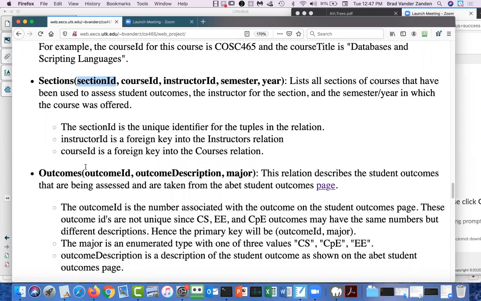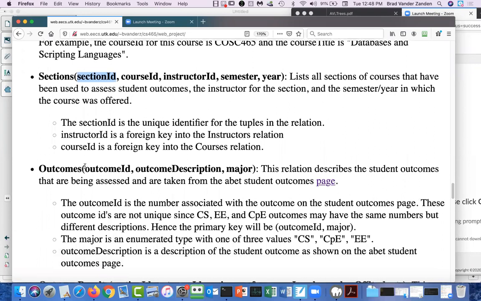Okay. When we got to outcomes, we come to the first issue. You see an outcome ID, and many of you just put down outcome ID as the primary key. But the problem is, it is not unique, because you could have the same. Let's go look actually at